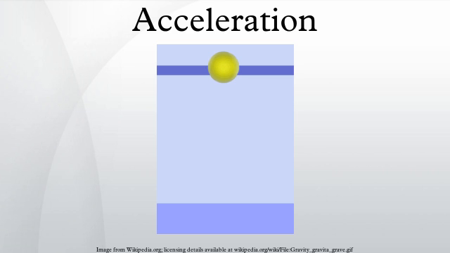Acceleration has the dimensions of velocity divided by time, that is, L T^-2. The SI unit of acceleration is the metre per second squared. This can be called more meaningfully metre per second per second, as the velocity in metres per second changes by the acceleration value every second. An object moving in a circular motion, such as a satellite orbiting the Earth, is accelerating due